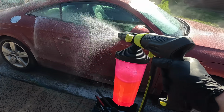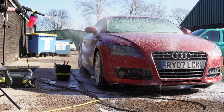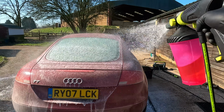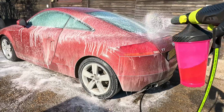Here I'm layering up the citrus pre-wash on everything I can. This is good for tackling key areas like the wheel arches, bodywork, door shuts and finishing off the wheels if you wanted to cut back on that wheel cleaner. And it's strong enough to break down the grime. Just bear in mind it won't give you that thick foam effect